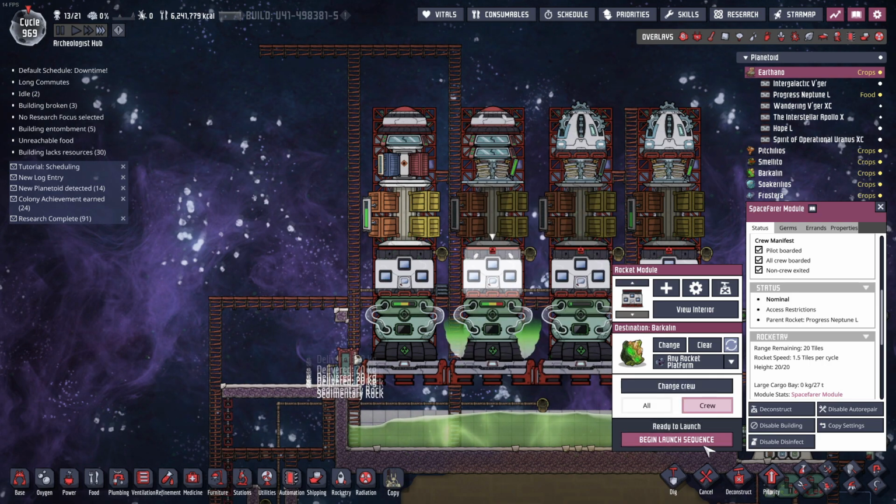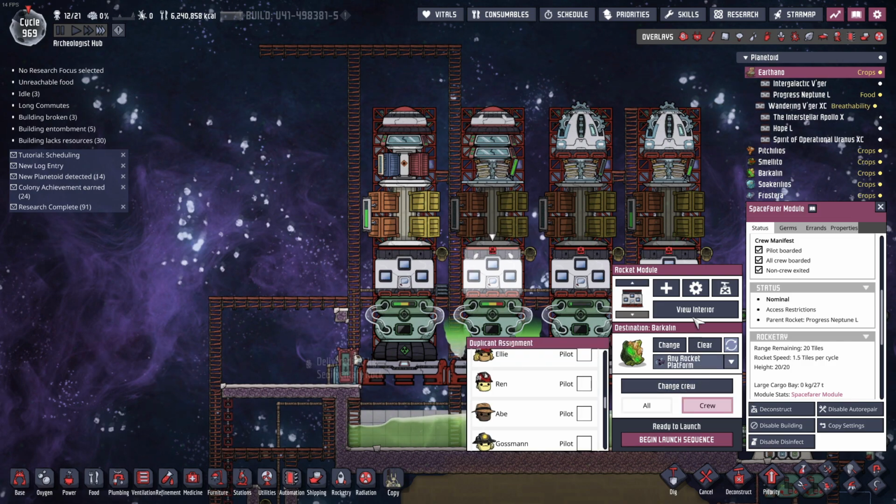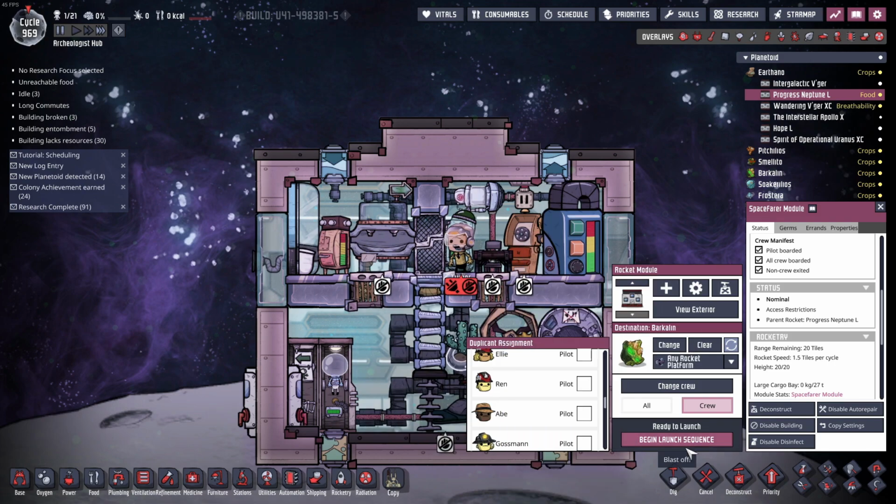We're going to send this rocket to collect the items from the other planet. Everything is already done in here. We have the water, we have the oxylite and food. In fact, I better launch before Turner